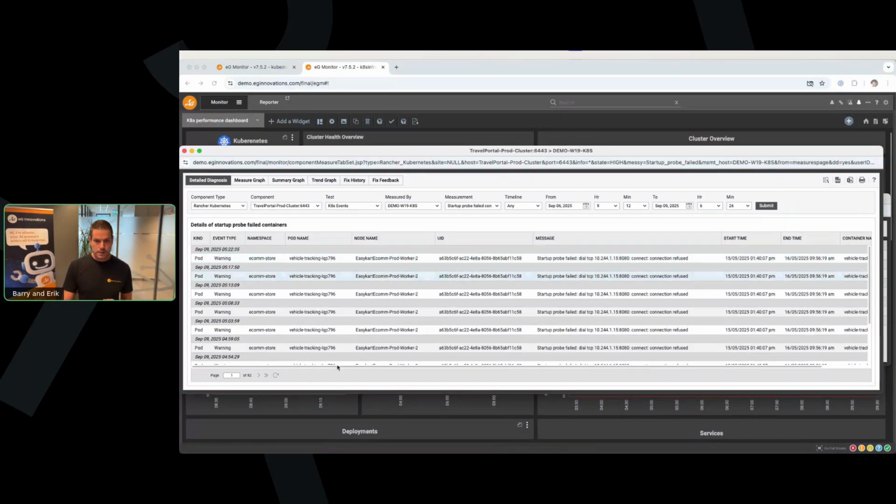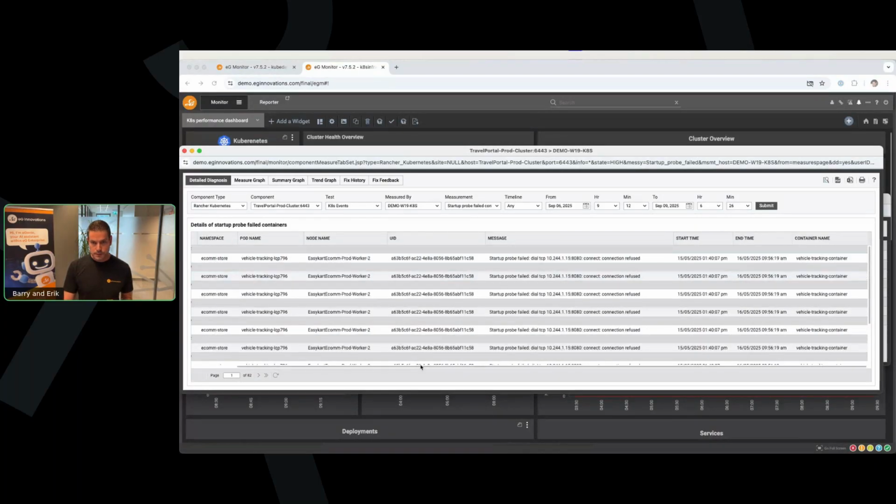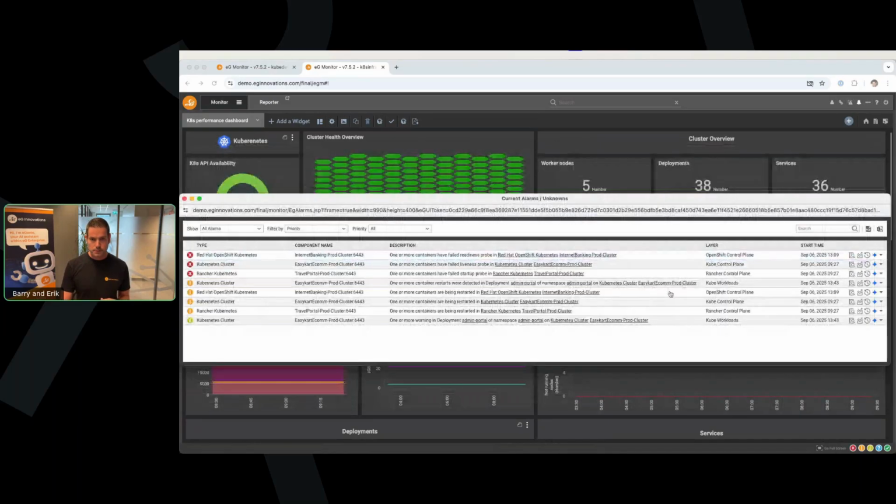Now, if I scroll a bit to the right, then you can also see, of course, the container name and the start time of this problem. And you don't have to search log files yourself or run certain kubectl commands, because we have the error message directly presented in the console. So this really saves a lot of time in doing troubleshooting, things like that. And you could also say that you will maybe have to be less familiar with all the technologies. So there's one more option that we can help with that.